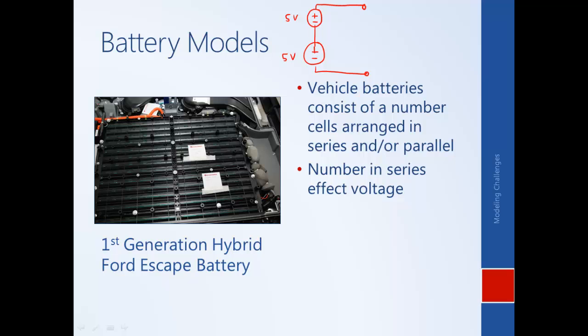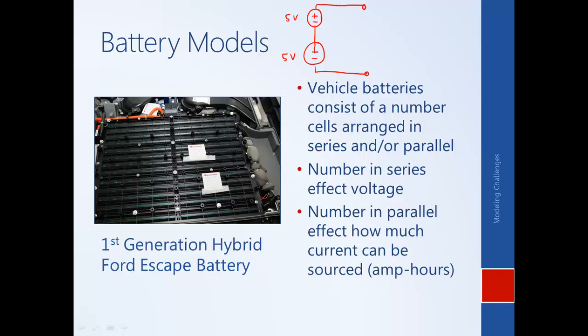Changing the voltage output of the pack can be important in determining how much voltage is needed to drive a particular motor or a particular accessory, etc. The number of cells in parallel affects how much current can be sourced. So again, if we have these two 5-volt cells, if instead of being in series they're in parallel,